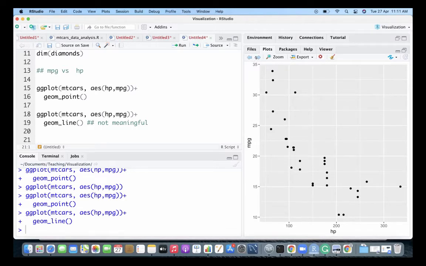So that's agreed. But if you put a line here, typically it means some kind of consecutive behavior is there. But if you look into the data, these data are actually not in that sense consecutive.